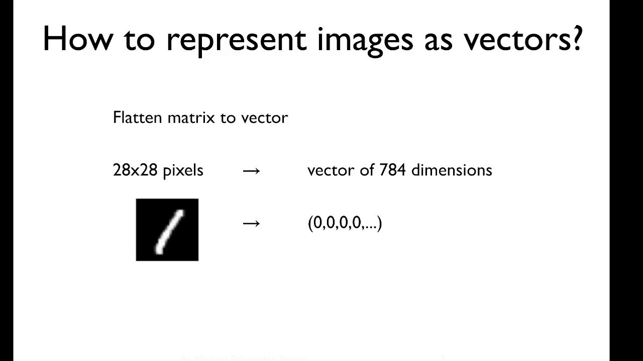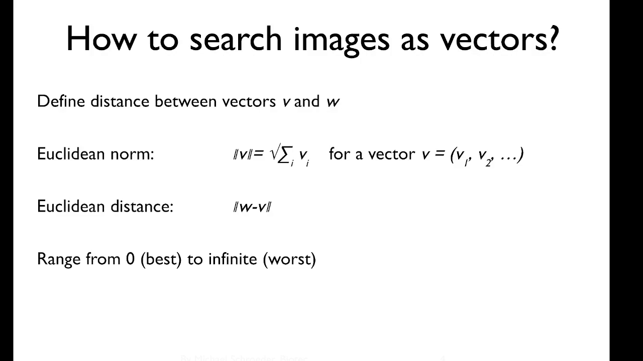Representing an image as a vector is fairly easy. We just turn the matrix, in the case of MNIST 28 by 28 pixels, into a vector, in the case of MNIST of 784 dimensions. Once we have the image represented as a vector, we can compare vectors in terms of some kind of similarity or